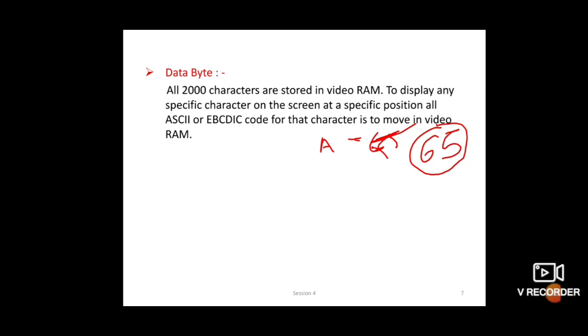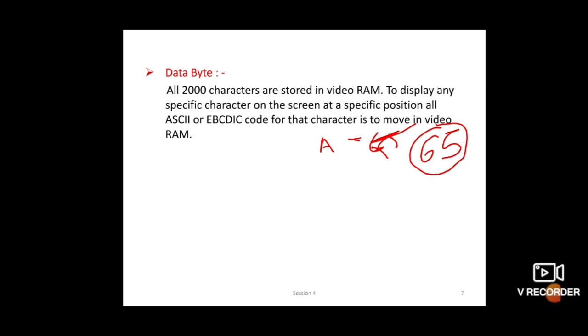Suppose you enter some SSVM character, then first that character is converted to its ASCII code by the ASCII circuit, then the binary value for that ASCII value is found, and then it is displayed on screen. For each character, each special character, each key available on the keyboard, each key has an ASCII value or EBCDIC value.